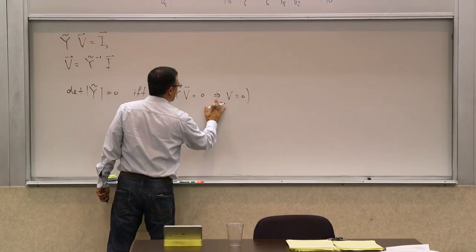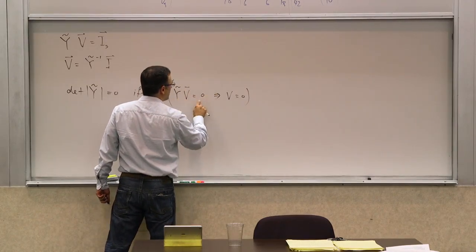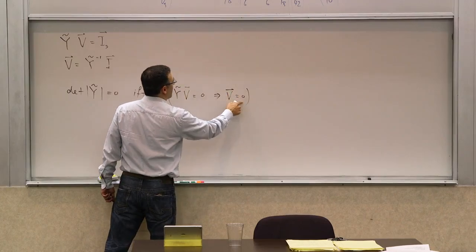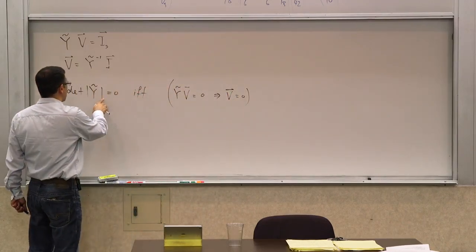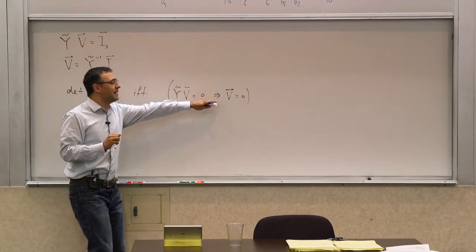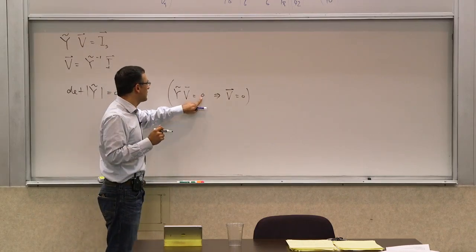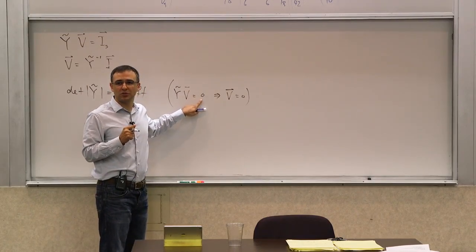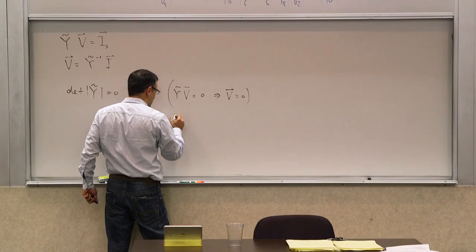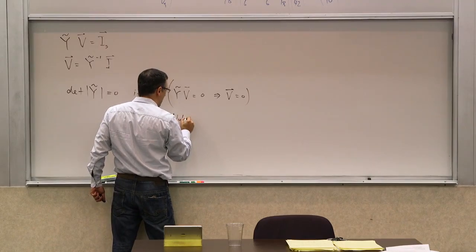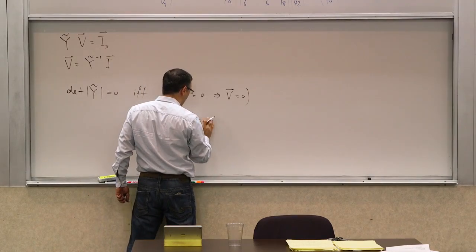So in mathematical terms, if the only solution to this is this being identically 0, then this is true. So what does it mean? It means that if you look at a circuit, you get rid of all the stimuli. You null them. So this is equivalent to saying null all the stimuli,